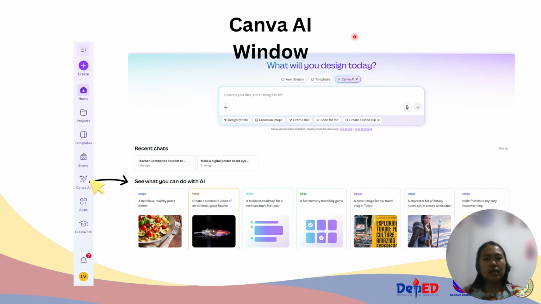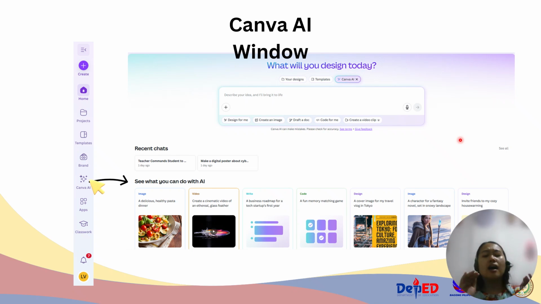Okay, so let's say we have here the Canva AI window. So you click the Canva AI button and then it's going to show you the Canva AI window. So here you can see there is a rectangle shape, right, where you saw it says, describe your idea and I'll bring it to life. So all you have to do is enter a prompt.